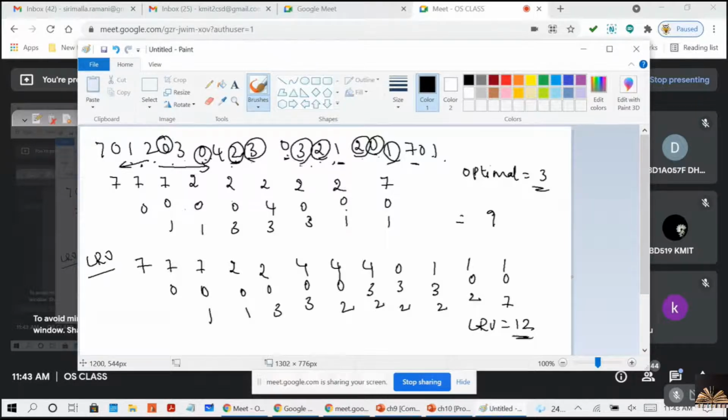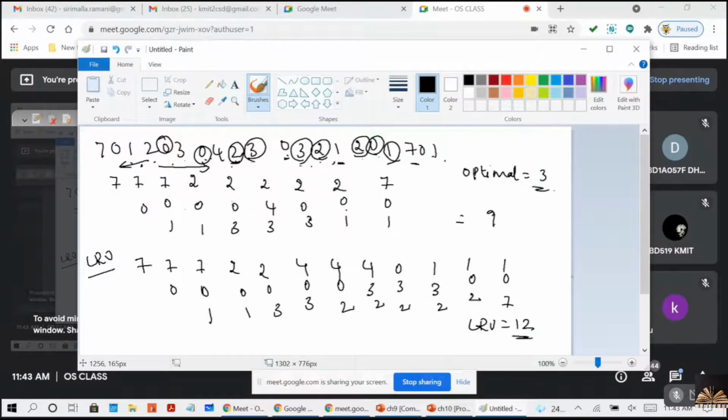LRU, guys, right? And how this LRU can be implemented is, we should know which was least recently used. Among them you have to find which was least recently used, and that has to be taken out. So now you are coming to this LRU. LRU is implemented by making use of two implementations.